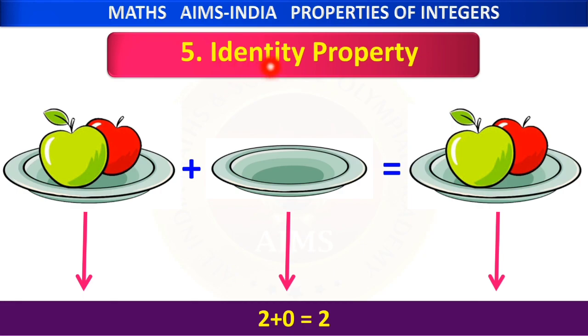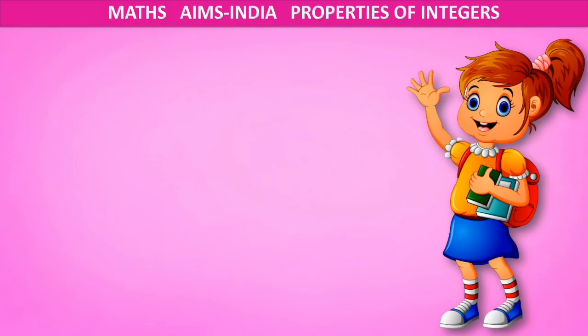So in the same way, identity means what the number is. When we add a certain number to the given integer, the answer should be the same integer. The identity should not be changed. When we had apples, the result should also be apples. There should not be any change in the identity of the number. Now how do we do this? We do this by adding 0.